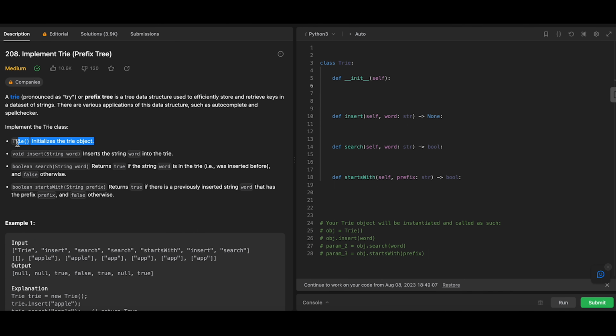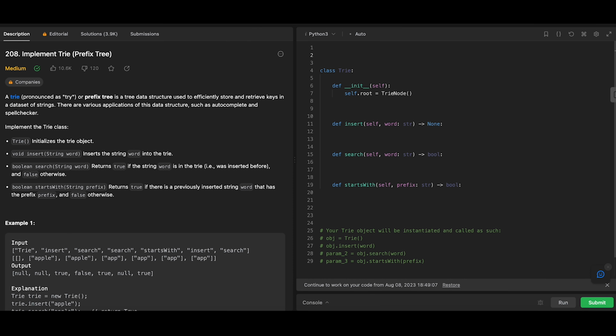We want to initialize the trie object. So what we'll do is we will say self.root equals TrieNode, right? And so what we need to do is create that. We actually need to create that class. So we'll create class TrieNode,